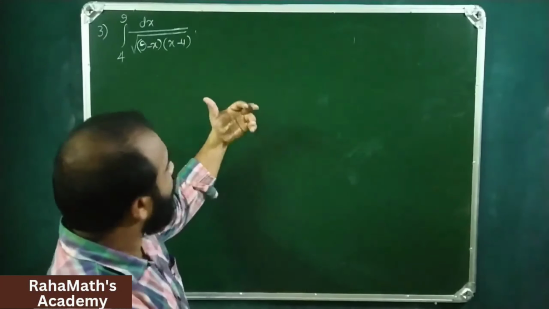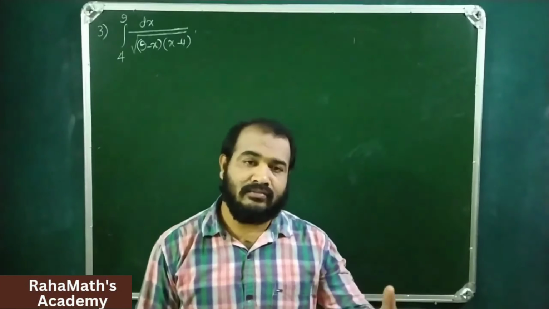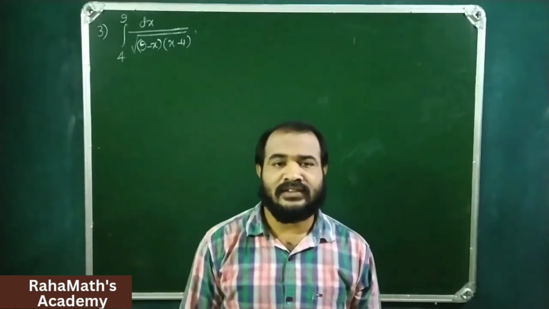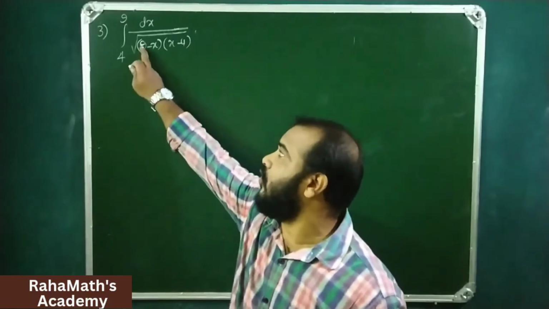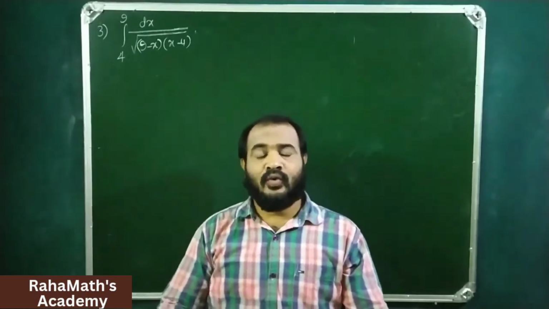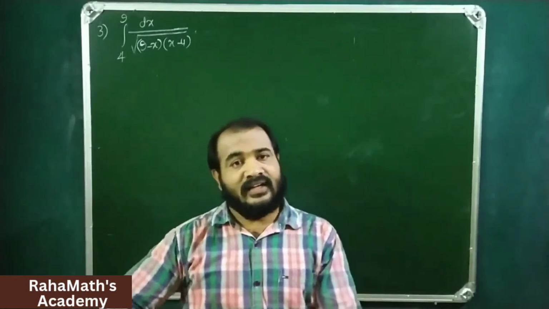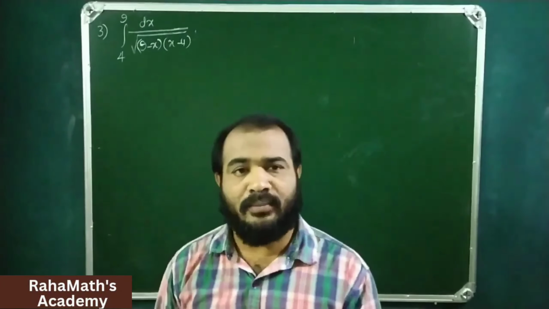So we can proceed like what we have done in the previous problem, which is x equals a cos square theta plus b sin square theta. x equals 9 cos square theta plus 4 sin square theta. If you think that it is a cumbersome method, then a normal method you can also prefer. Solution: